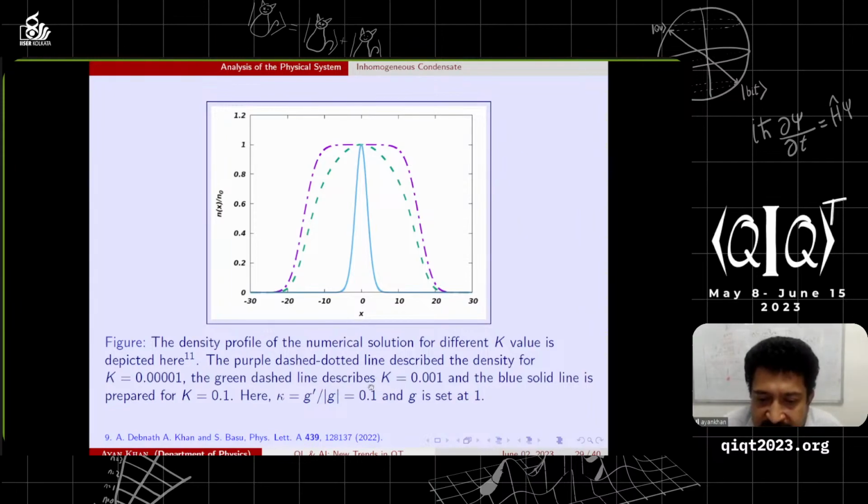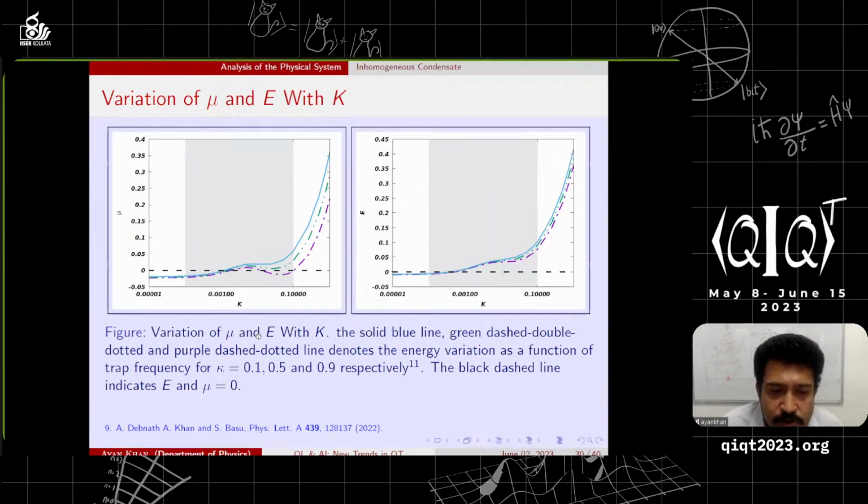So if K is very weak, then I can see a droplet formation. And if we start squeezing the longitudinal trapping frequency, there is a sudden change from a droplet-like state to a bell-like state to a soliton-like state. So to understand it further, we calculate the chemical potential and energy, and we see that in this region,